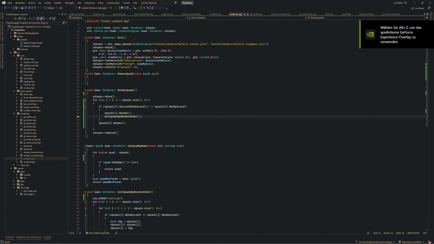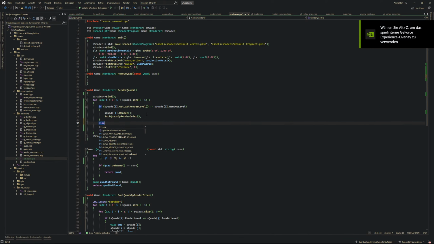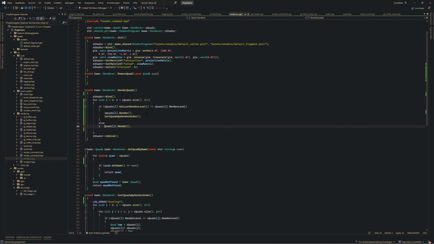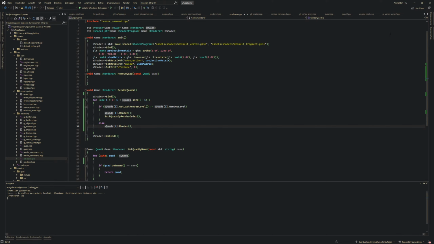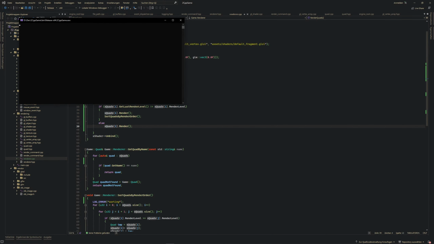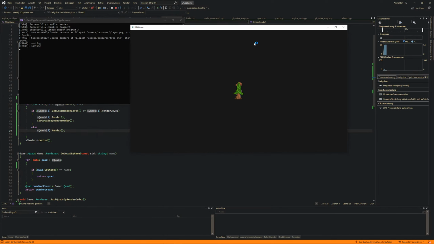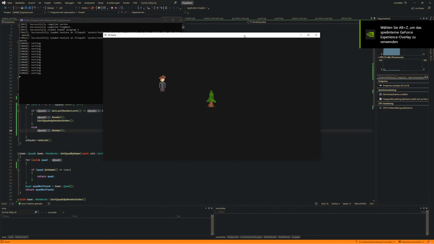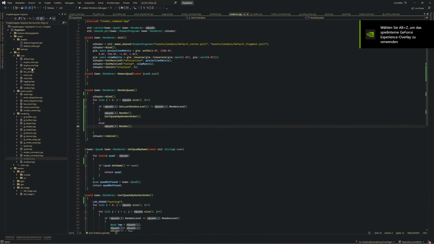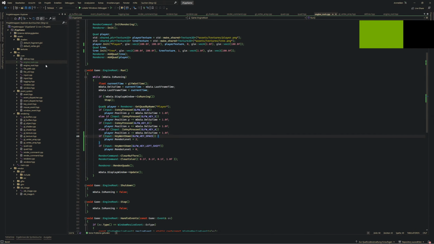Okay, this works, but we do an else here, because we don't need to render it twice. Okay, so that works. Let's check performance